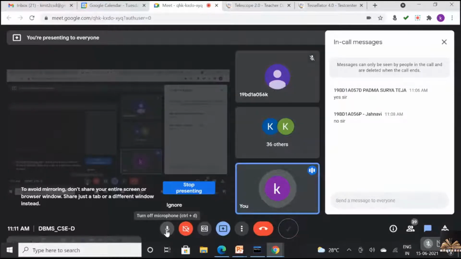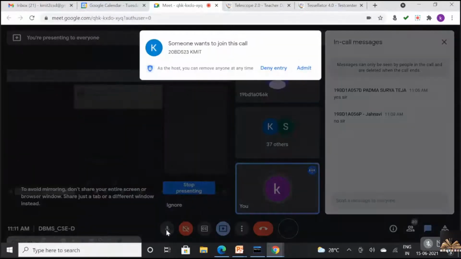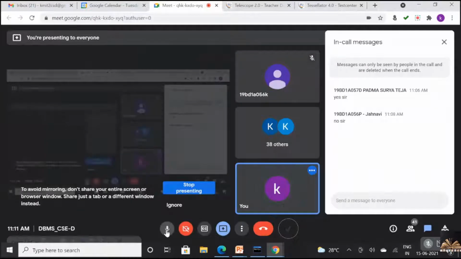Okay, in the last class, we covered triggers with examples. Around 3 or 4 examples we have covered. Now we will be moving on to the next part of the third unit, which is nothing but the concept of normalization.